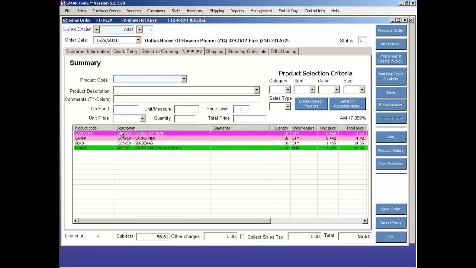In this one, we had flower, carnations, hot pink. We had 10 of those. It has all the data, the price, and the total price. So we had carnations, hot pink, carnations pink, Gerbers, leather, premium sleeved, and this is that order. Now, perhaps you're on the phone with the customer and you want to add something to it. You could do that. But if we want to just complete it,